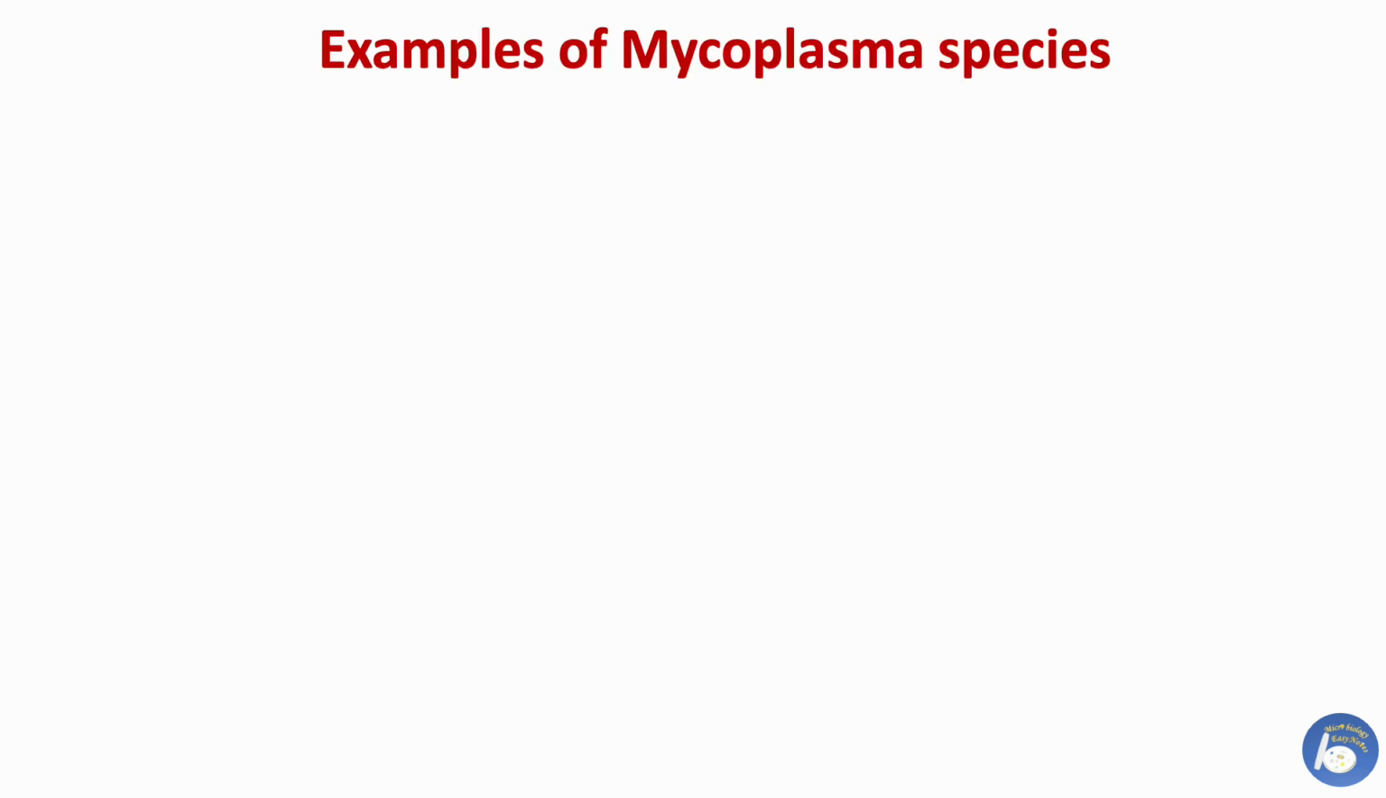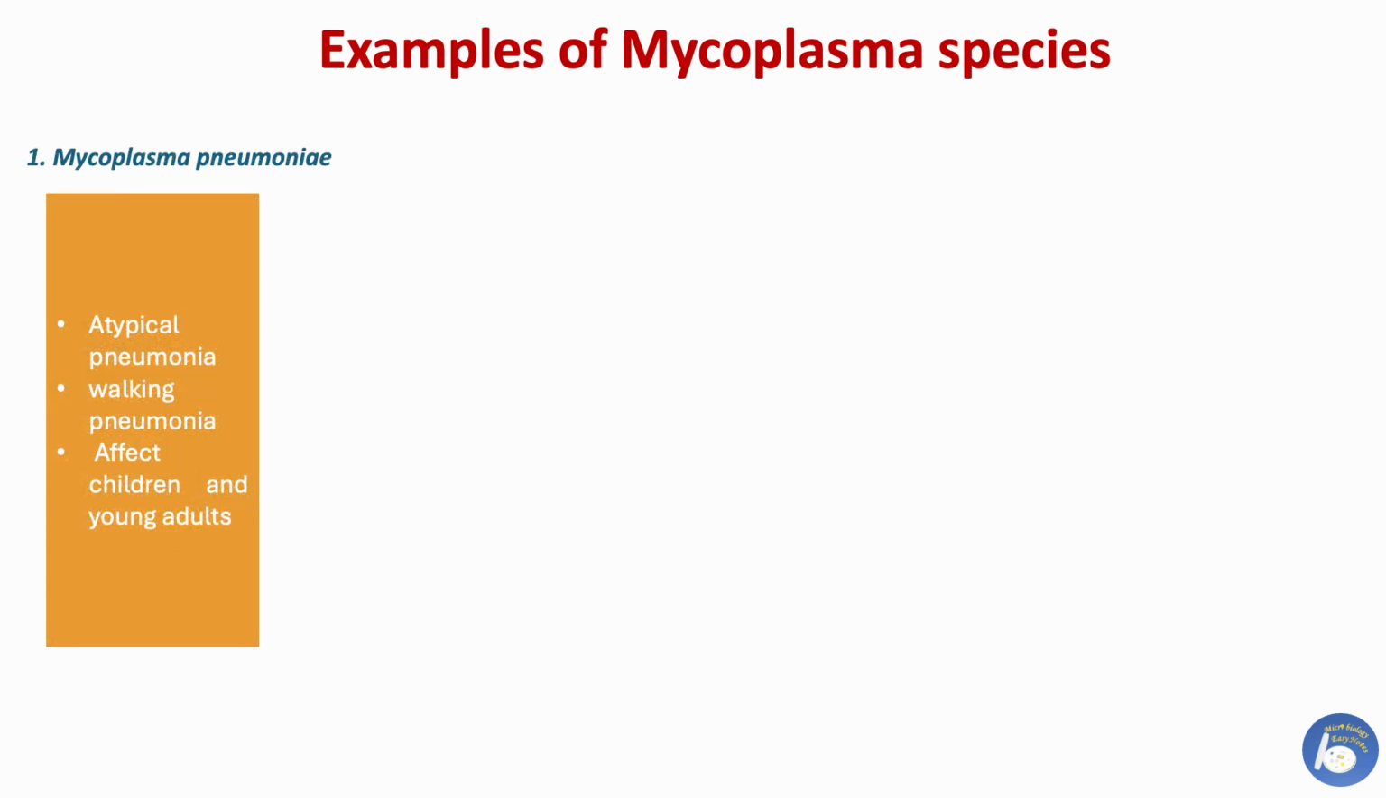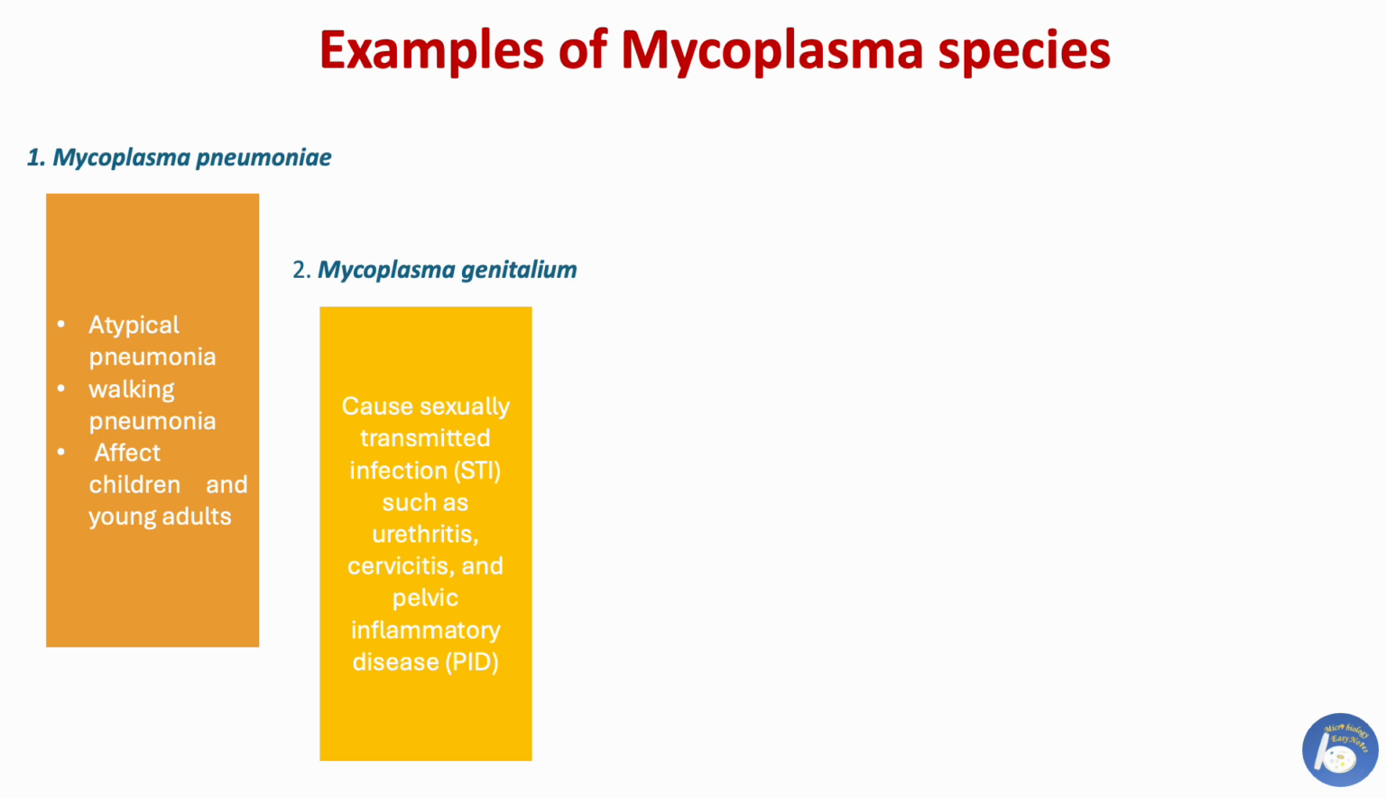And now, some common Mycoplasma species. Several Mycoplasma species are known to cause disease in humans and animals. Some of the most clinically relevant species include Mycoplasma pneumoniae, a common cause of atypical pneumonia, also known as walking pneumonia, primarily affecting children and young adults; Mycoplasma genitalium, a sexually transmitted infection associated with urethritis, cervicitis, and pelvic inflammatory